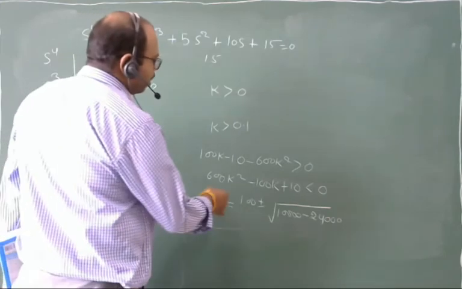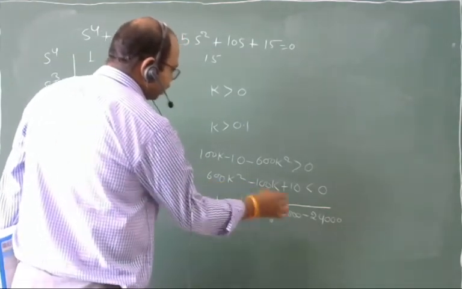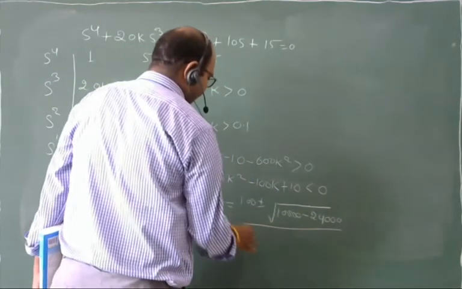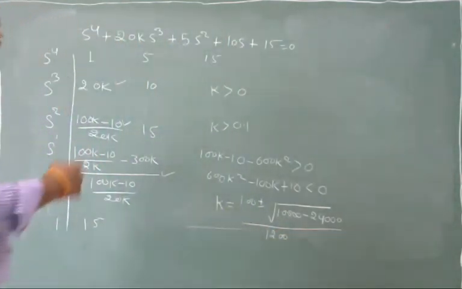No. 10,000 minus 24,000 divided by 1200, and this value is a complex value. This is the complex value, right? So from here we find the condition, the values of k on which the system becomes stable,